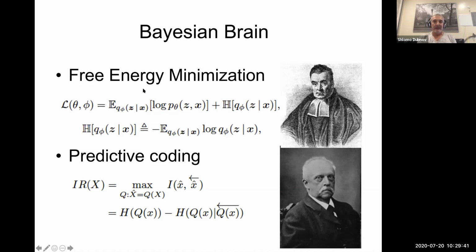So by doing this free energy minimization, you have this little battle between trying to find something that represents the world while still maintaining as much variation as you can